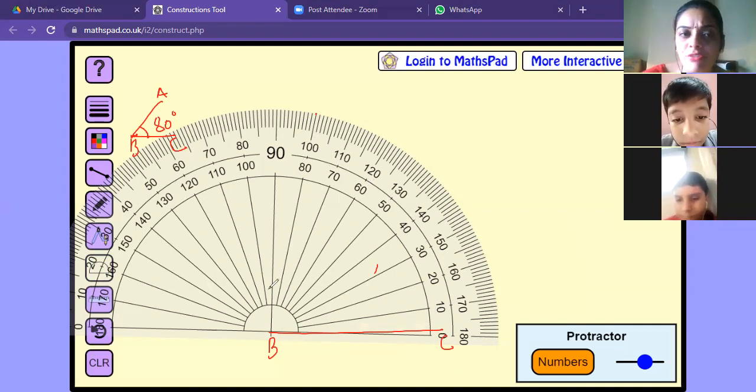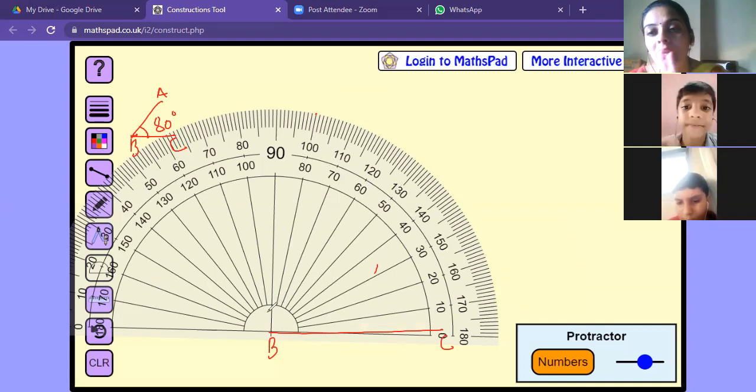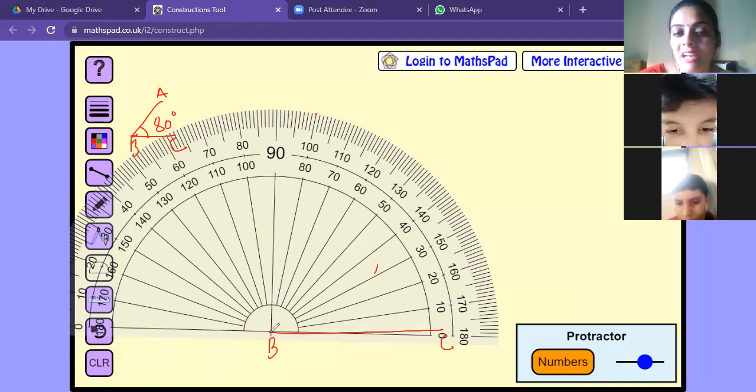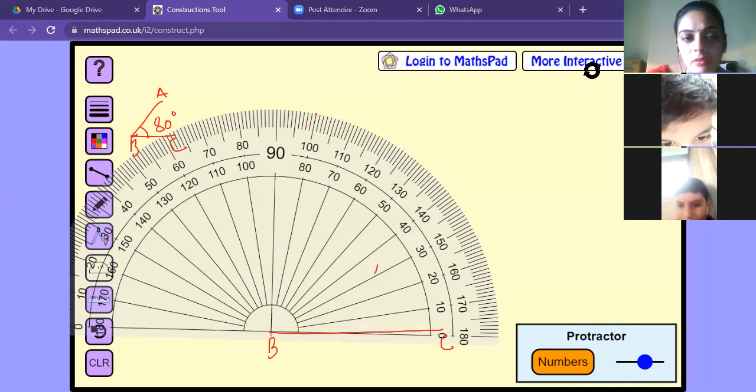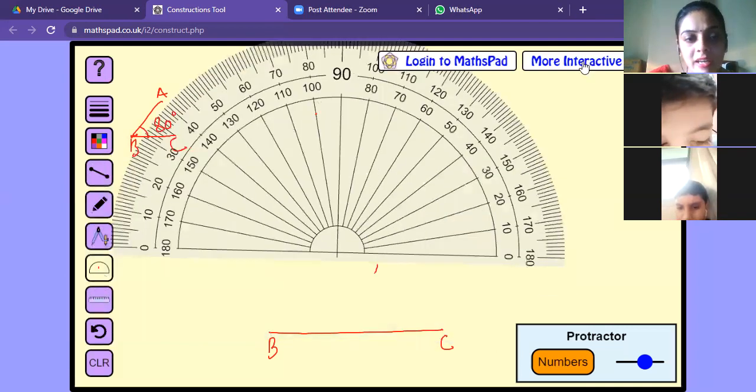And afterwards what do we have to do? First you should see how to properly place a protractor on a point. This is the main thing. It should not move even a little. Although my line is a little up, you should see I have placed the protractor at the vertex on the baseline, and then I have measured 80 degrees. Which type of angle is 80? Yes, it is an acute angle.